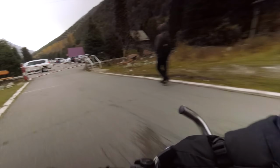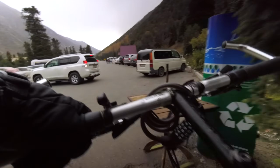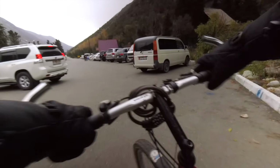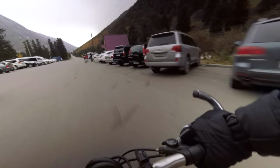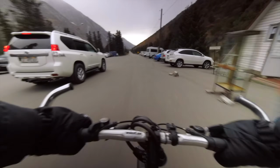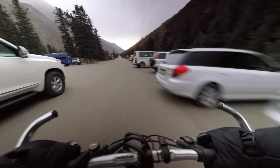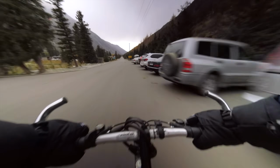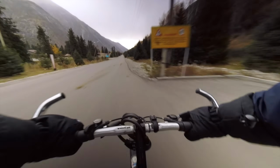So we've got to go over this little bridge here, and then that will bring us back to the main road. Oopa. All right, here we go. So I'm actually just passing a mountain hotel here. Aisha and I did stay here last winter, and it looks really quaint, but it's actually pretty scummy. I wouldn't recommend it. We walked all the way from the entrance of the park, probably about 2-3 hours,